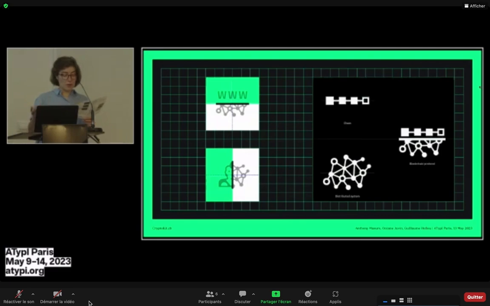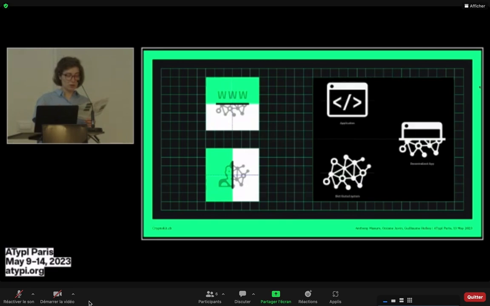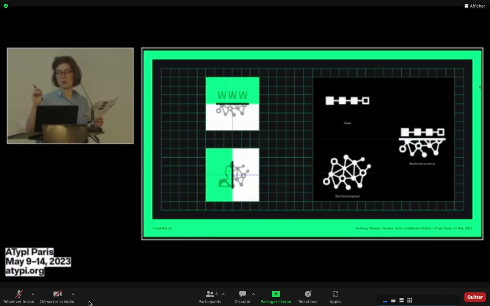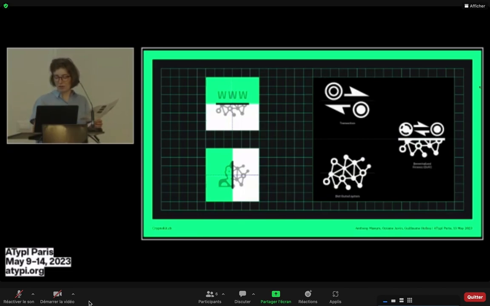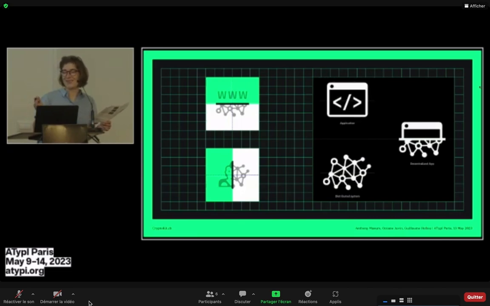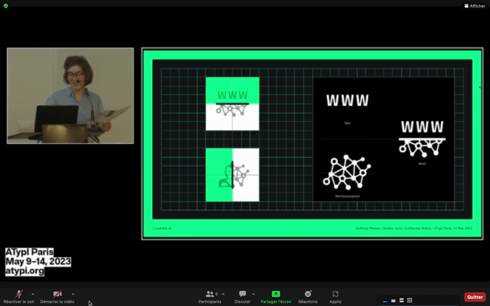So the map structure led me to build one main graphic logic of CryptoKit. On the map, you could see that each concept can be understood from its parents. So to express a complex element, I decided to assemble simple elements, signs cut in half, either vertically or horizontally, as you can see on the GIF. So for example, web and distributed system give a decentralized app. And here you have a lot of examples with decentralization signs that appeared a lot.